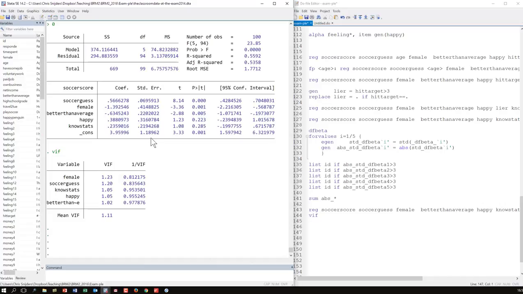So let's first try one, for instance, with the first 2. So that's the easy one, soccer guess times female. So the argument would be perhaps the effect of soccer guess on soccer score is different for boys than it is for girls. Okay, so you know, if a girl says, I think I know 4, and this is a decent estimate. If a guy says, I think I know 4, then, you know, that doesn't help.